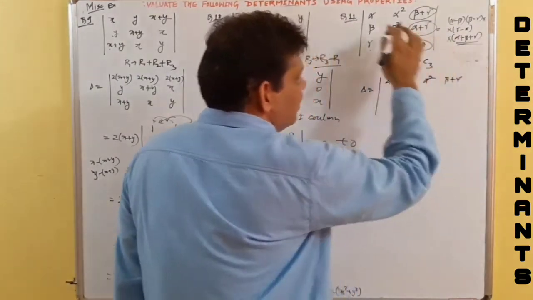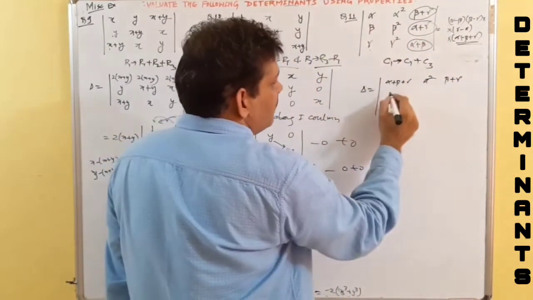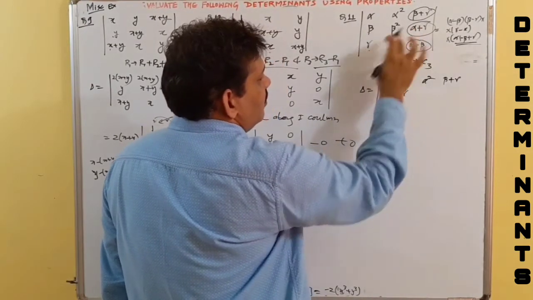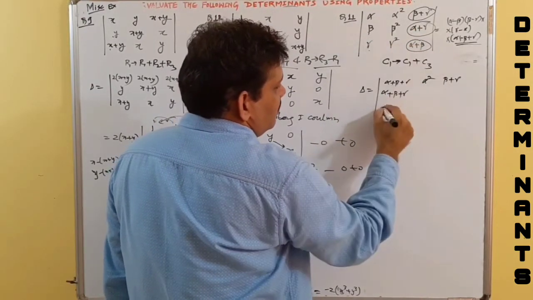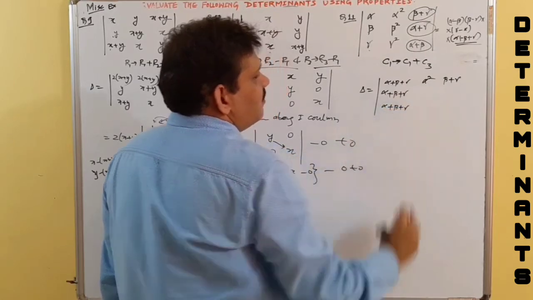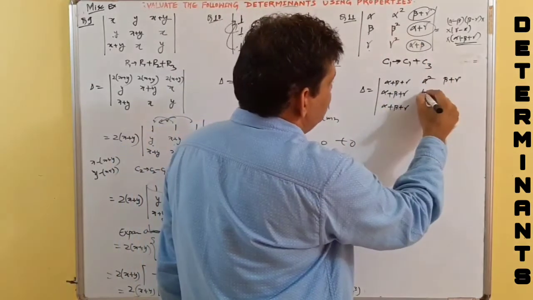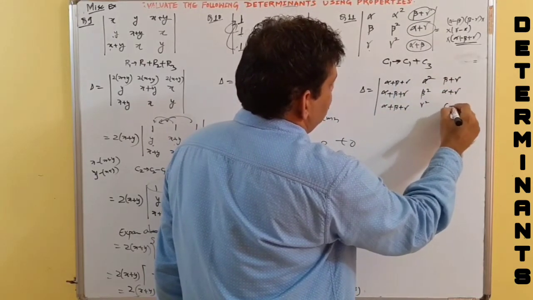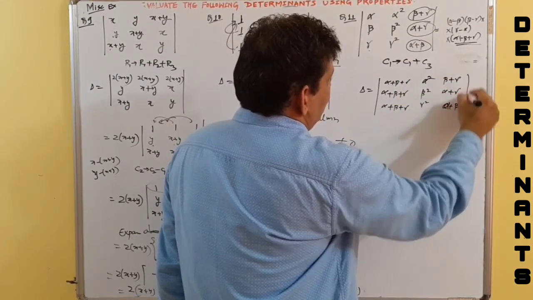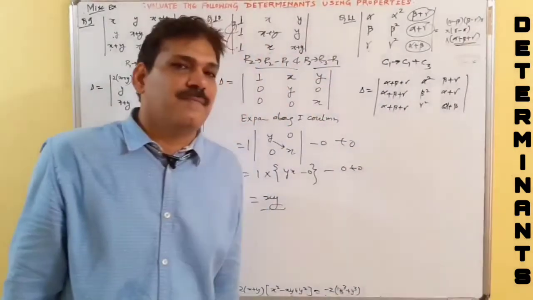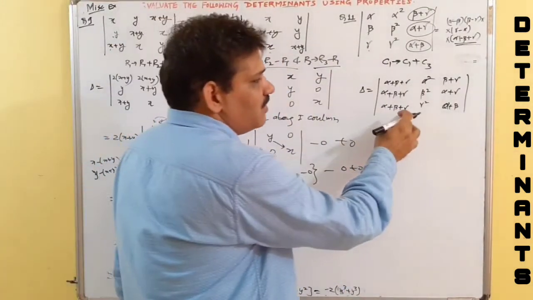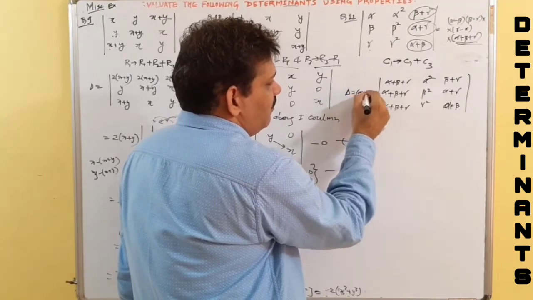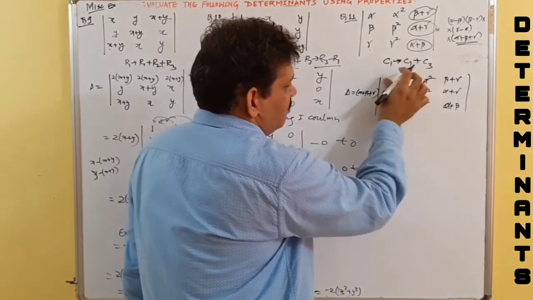So here we have made a change in C1 only. So this will give me alpha plus beta plus gamma. If I add this to this, I'll get alpha plus beta plus gamma. There is no change in C2. No change in C3. Well, what we do is, we will take alpha plus beta plus gamma common in the next step. I am writing it here. Alpha plus beta plus gamma is taken common.